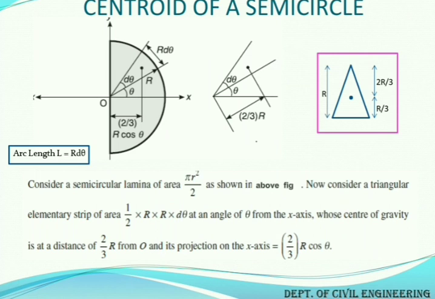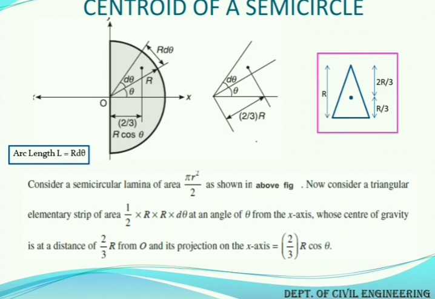Whereas if you want to find the vertical projection, it will be sin theta. So here in this case we require the horizontal projection, hence we get a horizontal projection as 2 by 3 r into cos theta. Now this 2 by 3 r cos theta will be the horizontal projected distance of the centroid